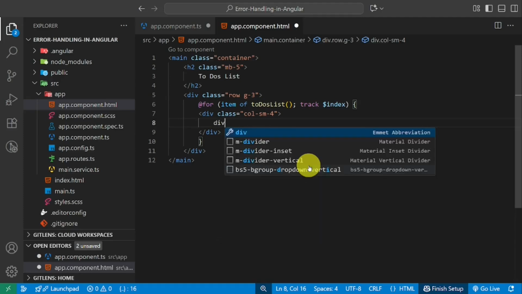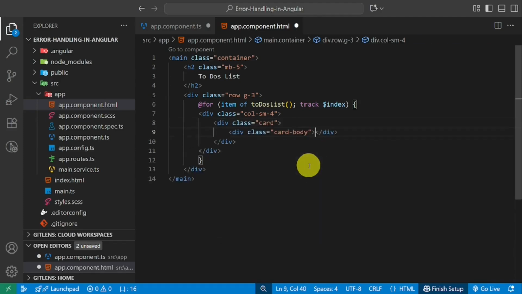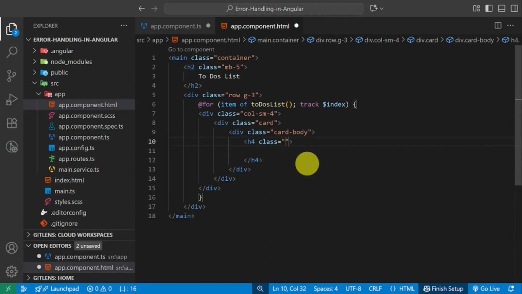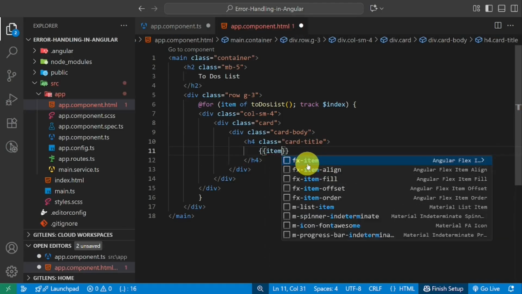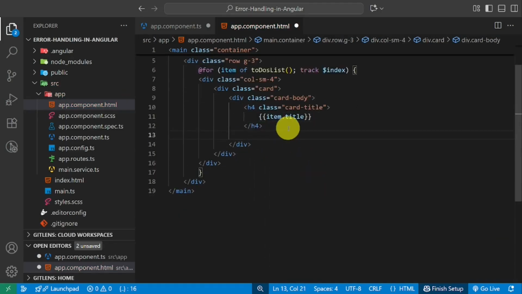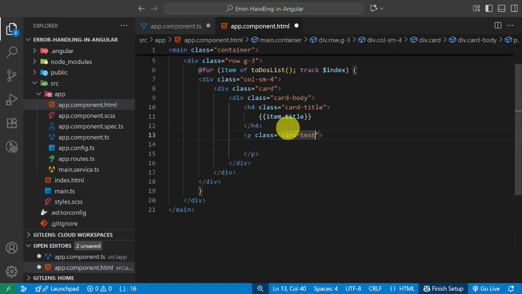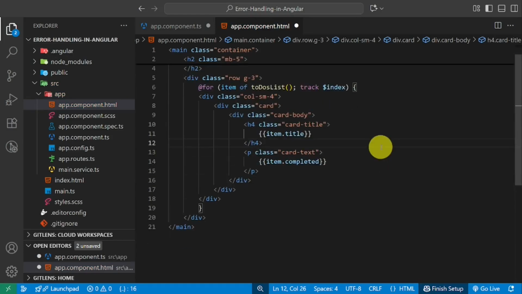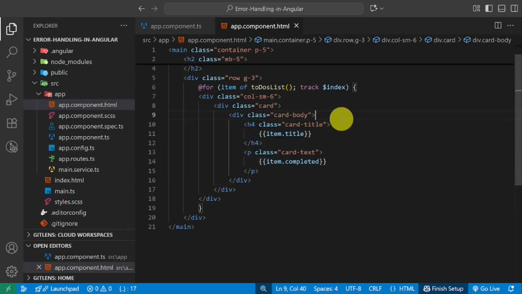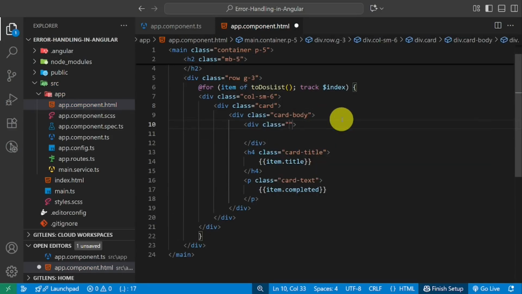card for displaying todos. Here I use Bootstrap version 5.3 and Font Awesome version 4.7 to have a nice and shiny template. But at first, I just bind item.completed to a p tag.